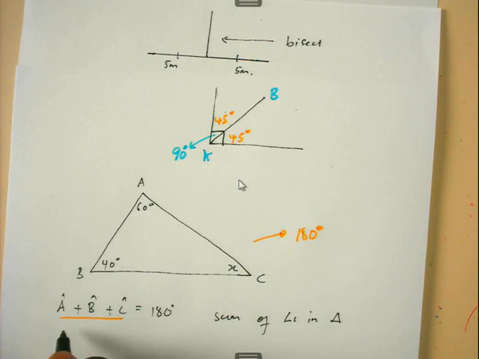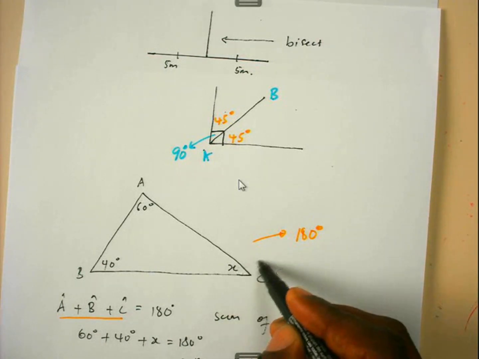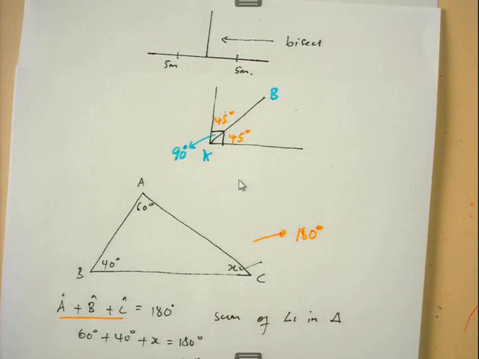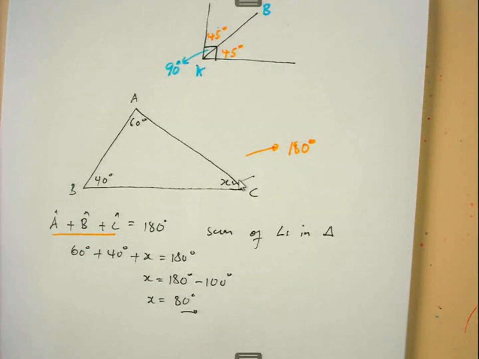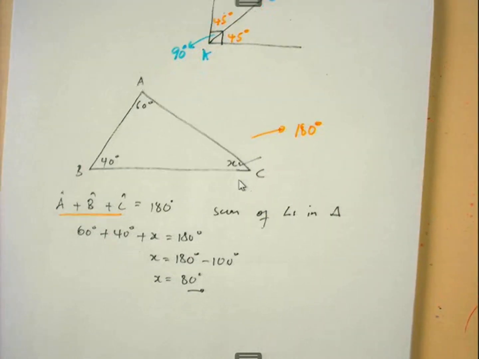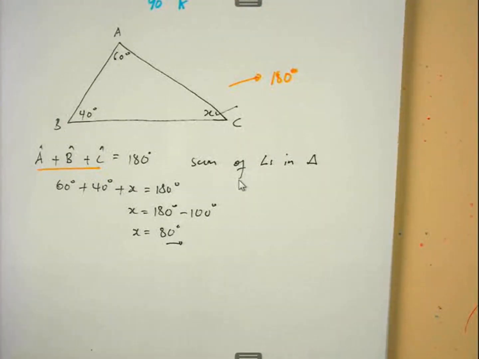So angle A is 60 degrees, angle B is 40 degrees, and C is X, and the sum is 180 degrees, and therefore X is equal to 180 degrees minus 100 degrees, then X is equal to 80 degrees. So we have calculated the value of this other angle, which was X. Now we know that that other angle is 80 degrees. So be careful when you see a triangle. This is what must come to your mind. Triangle, can I add the angles of the triangle, because they must always give me